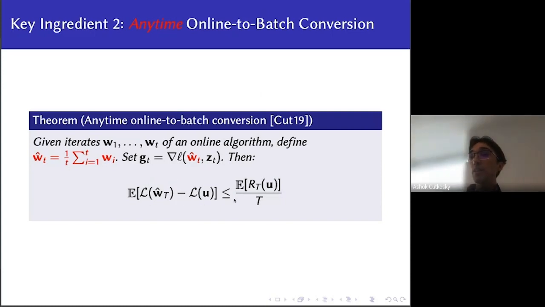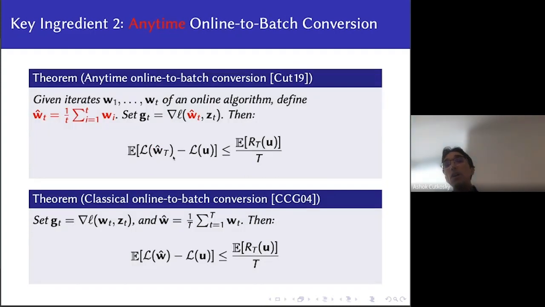The suboptimality gap is still bounded by the regret divided by t. In fact, this is actually a loose analysis. You can tighten it a little bit. There's a negative term out here, but we don't care about that for now. So in some sense, you can think of this as running gradient descent, but lying. You might think that you want to get the iterate at WT, but I'm going to lie to you and give you the iterate somewhere else. And this is why online learning, the adversarial nature of the problem, is very useful. Because, remember, we didn't assume anything about the nature of GT. They could have been anything. So the online learner is still perfectly capable of producing its regret bound, even though these GTs are now much less obviously related to the actual iterates WT.